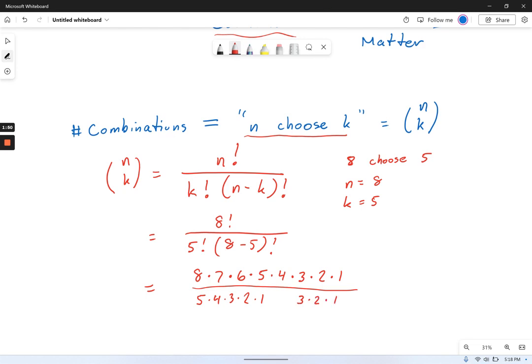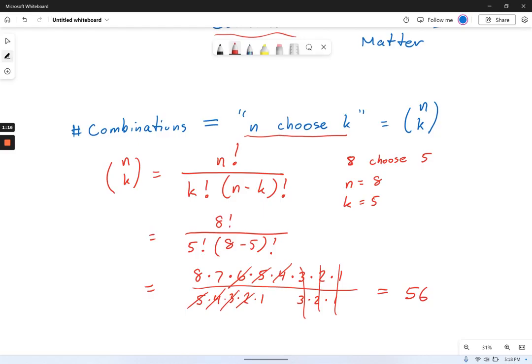Well, here's the part where you might say, oh boy, that's a lot of math. But it's really not. Check out what happens. The 3's cancel out. The 2's cancel out. The 1's we didn't need to worry about anyway. I've got a 4 right here and a 4 right there. That's nice. Got a 5 right here and a 5 right there. And hey, the 3 times a 2, that's just a 6, so that cancels out also. At the end of the day, once I'm done canceling all this stuff out, I get 56. That is the number of different combinations you can make, choosing 5 people from a larger group of 8.